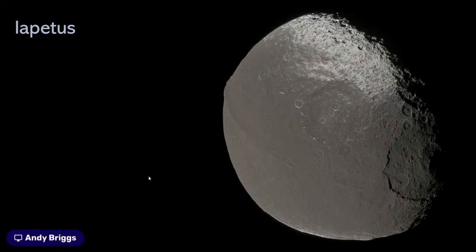Iapetus, those of you of a certain age may remember that in the book 2001: A Space Odyssey, it actually took place at Saturn rather than Jupiter in the book. In the film, it was Jupiter, but the special effects team couldn't come up with a realistic method in those days, back in the mid-60s, of representing Saturn's rings. So they moved the location of the final act of the film to Jupiter, but in the book it was Saturn, and Iapetus is